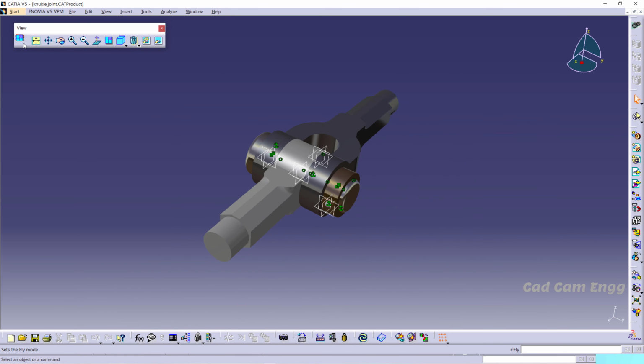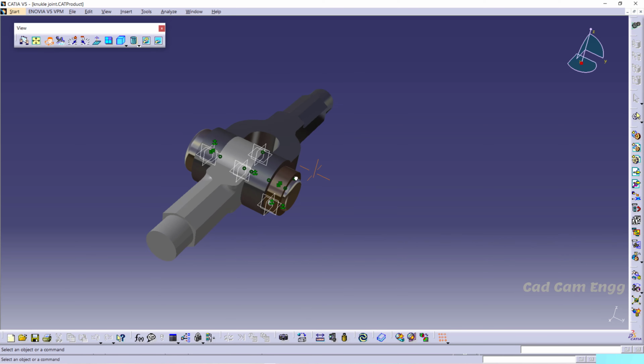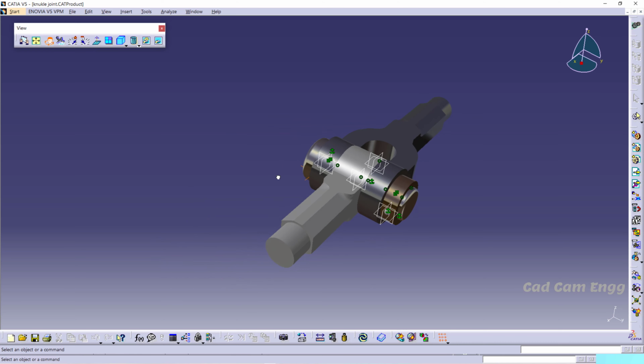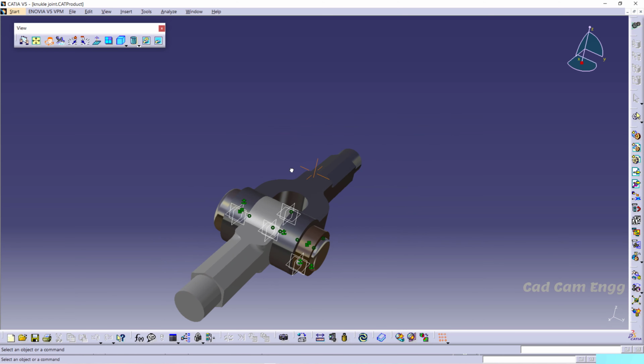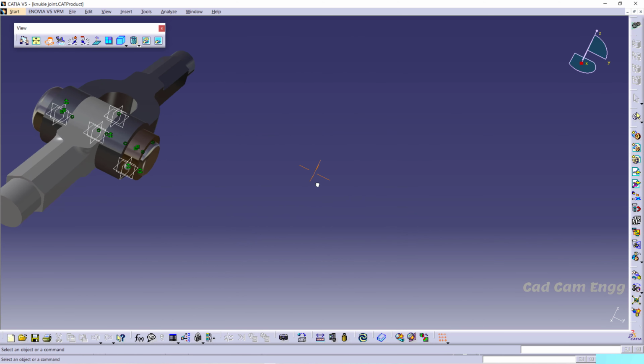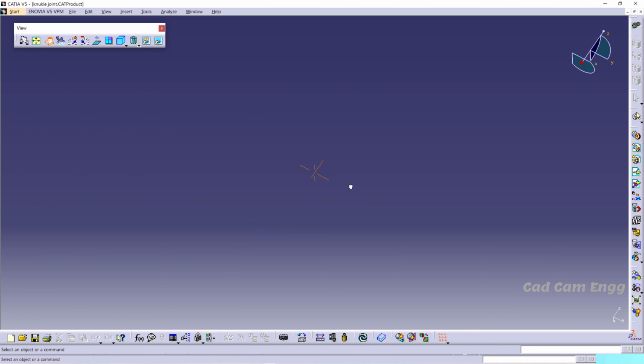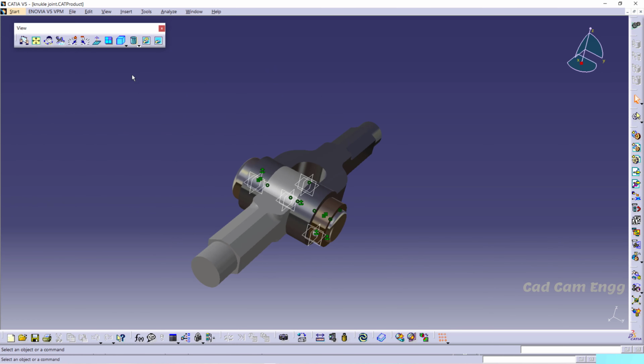Okay, let me open fly, and then I'm going to explain these tools. This is turn head, in the sense, if you activate this and drag by holding your left key, it will turn around. Okay, and after that this is fly. By using this only we are going to fly, and this is the acceleration, and this is the deceleration. Okay, these are flying tools.